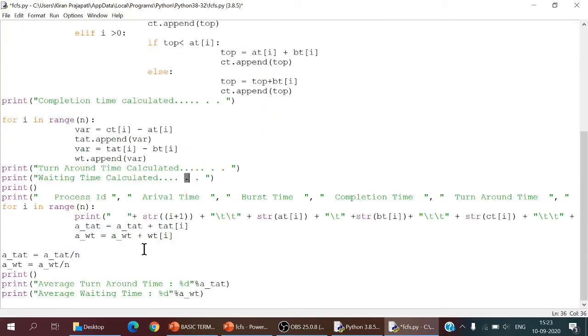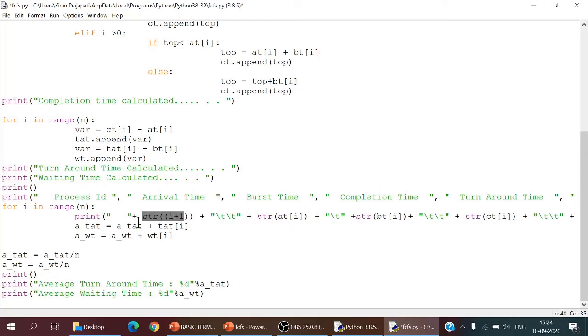Now this is the formatting that I do for my table structure. I have the columns process ID, arrival time, burst time, completion time, turnaround time and waiting time, the same columns we had for the table. I am just writing it in the formatting I require.